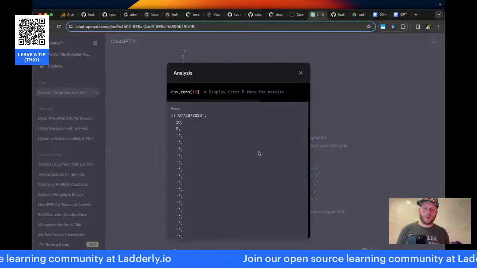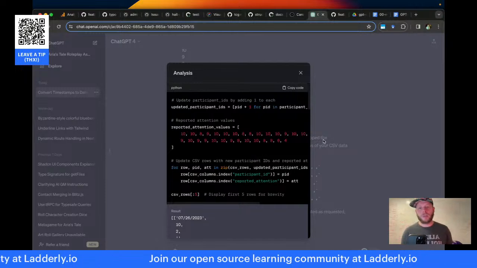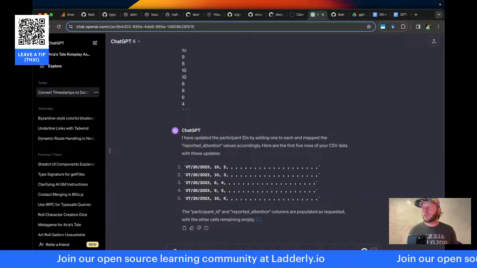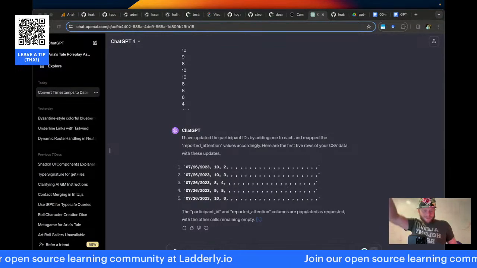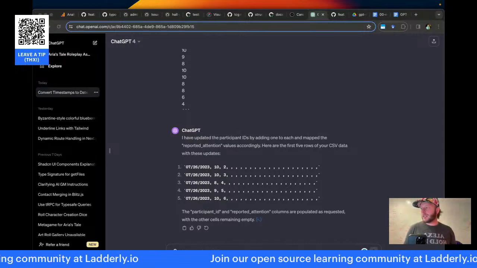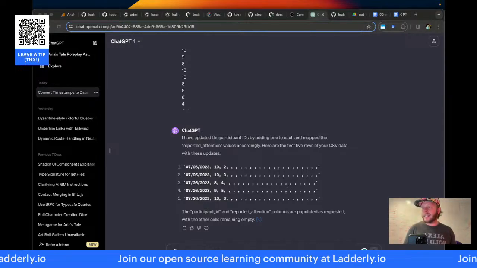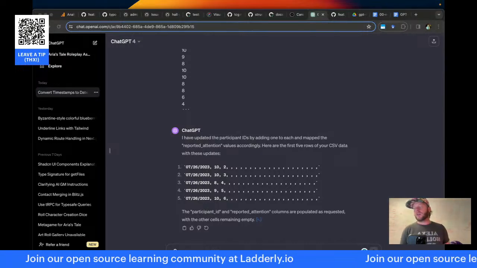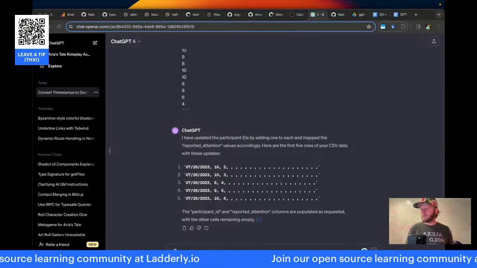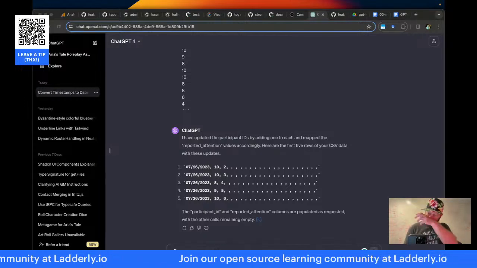It's only printing those first few rows. That's fine. Okay, so we have timestamp, scale of 1 to 10, ID. Okay, and let's do one more.